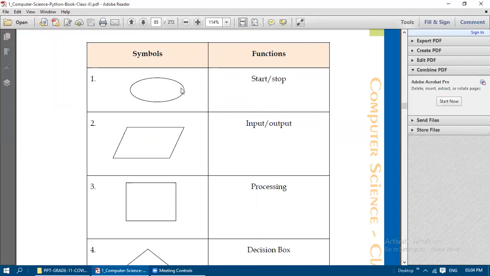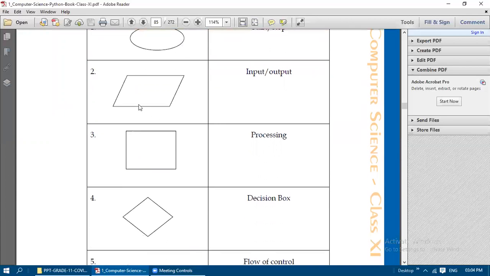So this terminator symbol, or oval shape symbol, is used for indicating start and stop.